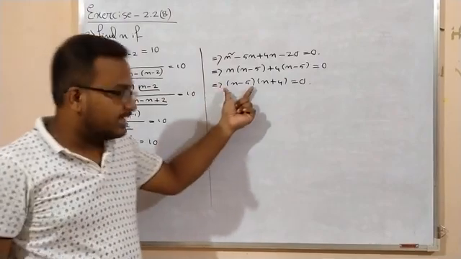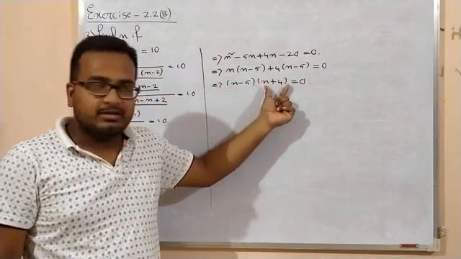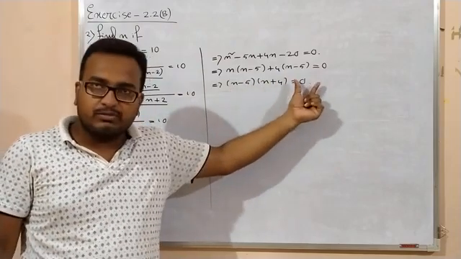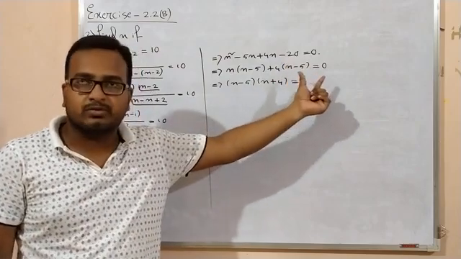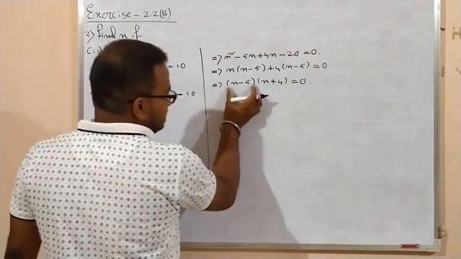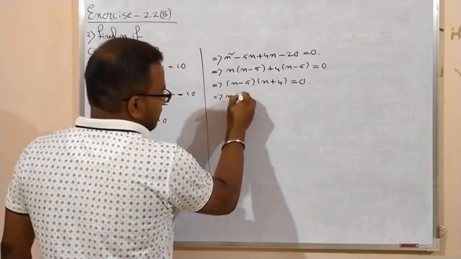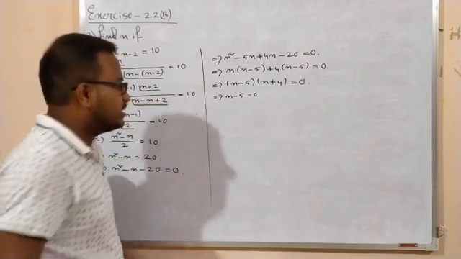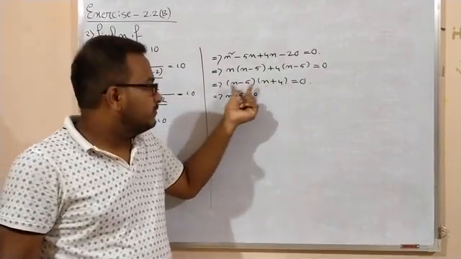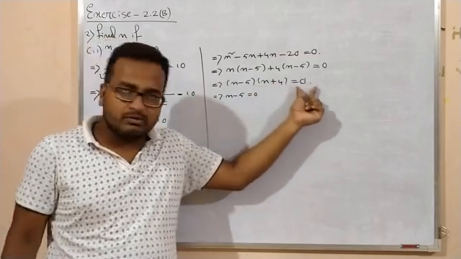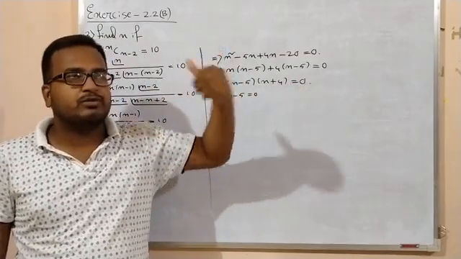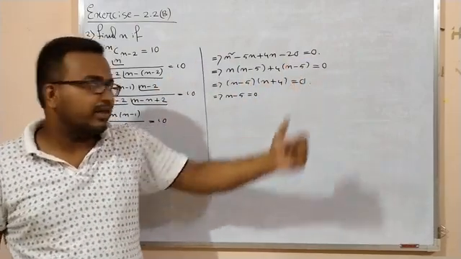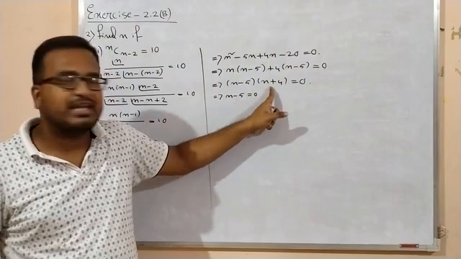So this is one real number and this is another real number. So it becomes product of two real numbers equals to 0. So if product of two real numbers equals to 0, that means any one of them must be 0, right? So if you consider this as your 0, that means n minus 5 equals to 0, right? Because this quantity cannot be equals to 0. The meaning of this is product of two real numbers equals to 0. So if you find anywhere that product of two real numbers equals to 0, that means any one of the real numbers must be 0, right? So this must be 0 because this quantity cannot be equals to 0.